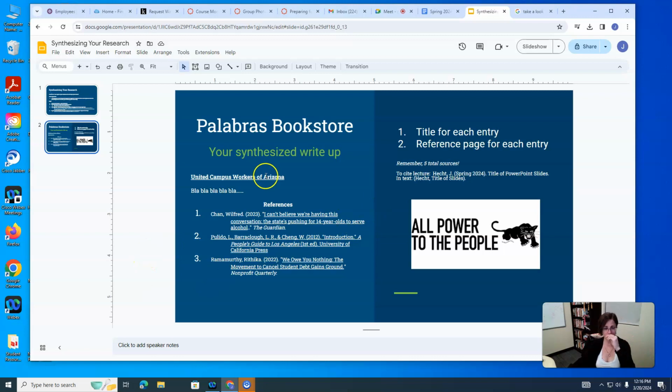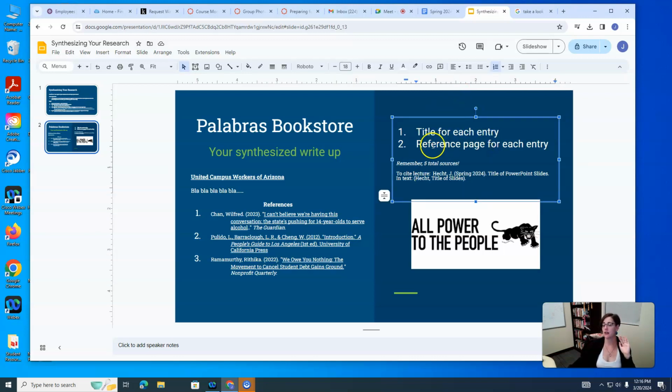Okay, and then the other thing, on this last part of the slide, is the organization, how I expect you to turn in the rough draft, right? And so you'll see I want the title for each entry and a reference page for each entry. I think you guys only have 4 sources, so it's different because my in-person class is an honors class. Whatever your total number of sources is fine. I think it's 4 for you guys, but